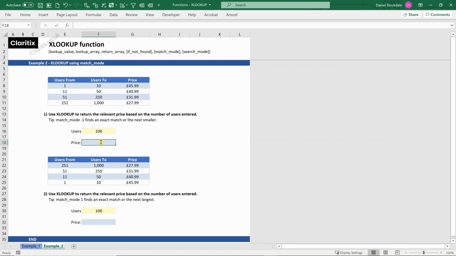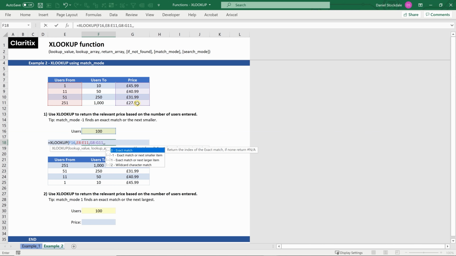So if we start by typing in XLOOKUP, the lookup value will be the 100. And then the lookup array, here we're going to use this first column. And in fact, the question asks us to use a match mode of -1. So the return array will be the price. And then we need to put a couple of commas in, and then the match mode will be this -1 here.